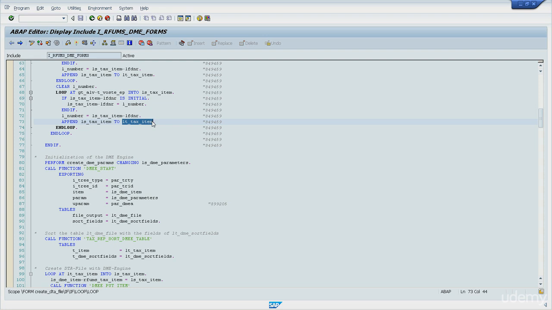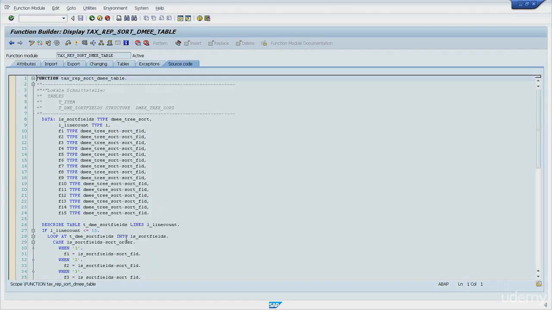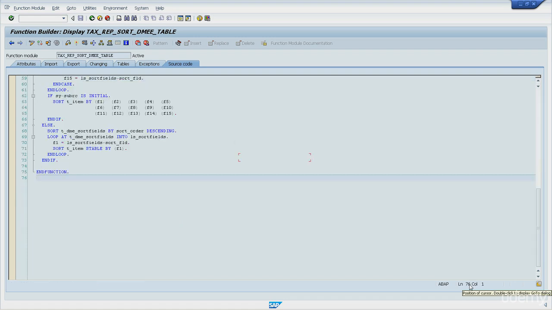Moving on, we have the sort statement. So let me show you here. Let me double click this function module, and then I will go to line by double click the line here. I will show you line 93. See, oh, I'm sorry, 73. No, indeed it's 68. This sort command